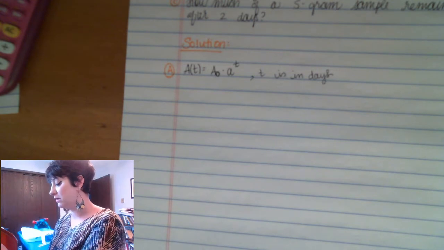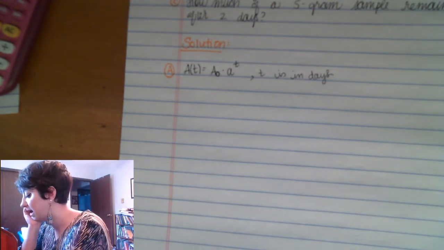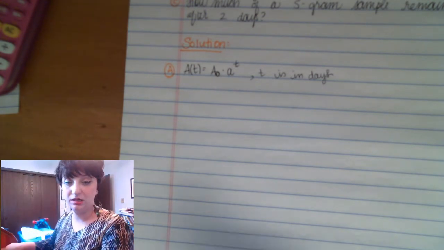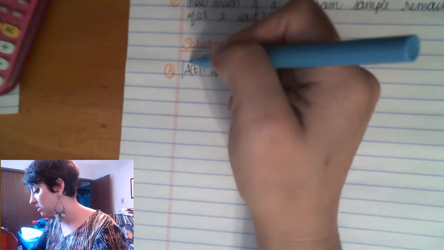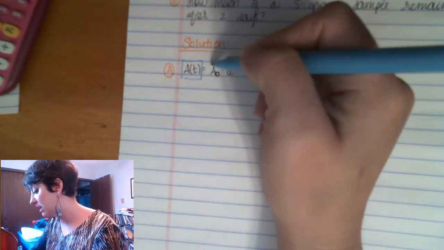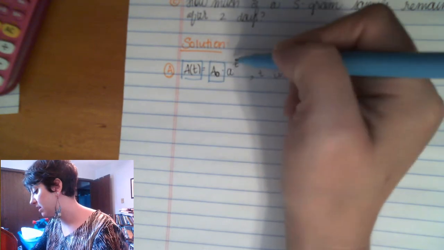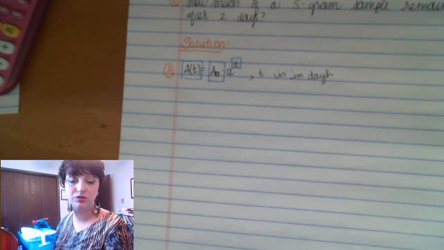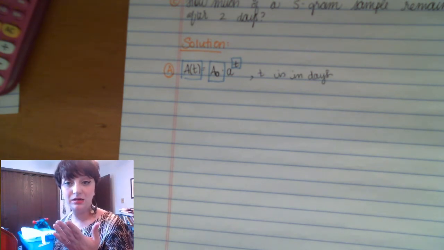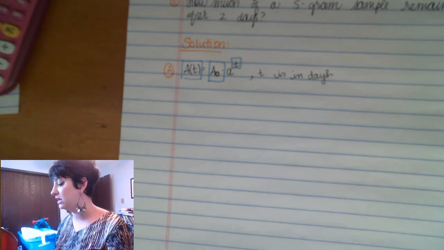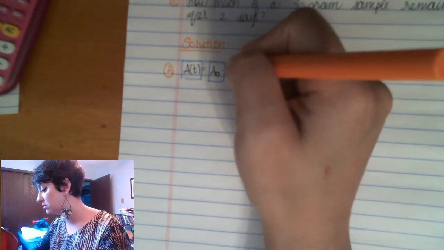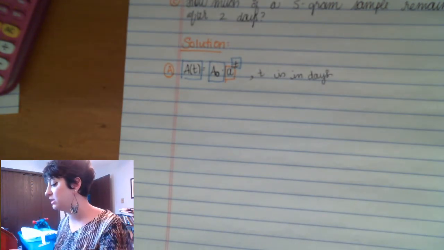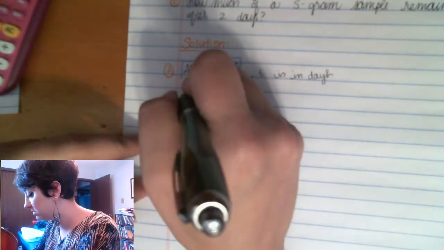Okay. Well, if I want to look for A, then I need to know an A of t, and I need to know an A naught, and I need to know a t, because otherwise I would have too many unknowns. So if I did have all of those known, then I would be able to find A. Okay. So because I know the half-life is 4 days,